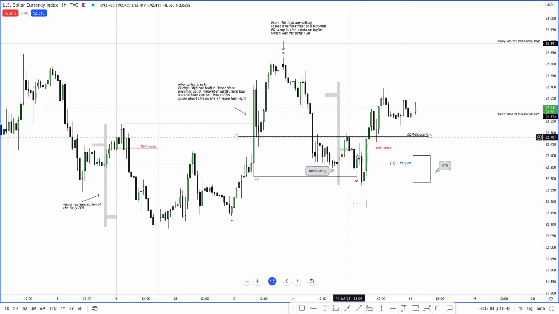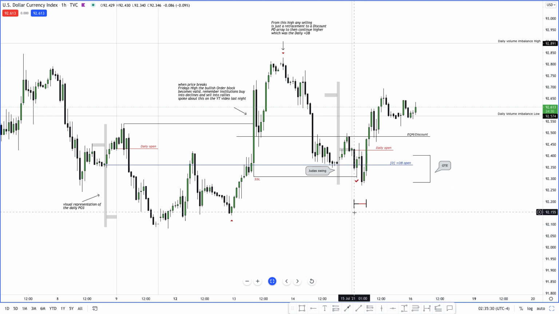So when price starts declining, I need to see where we are within the range. From this low to this high, we're in a short-term discount. And what are we trading into? We can see that we have this blue line marked out, which is that daily bullish order block open. So price then declines lower into that daily bullish order block open,